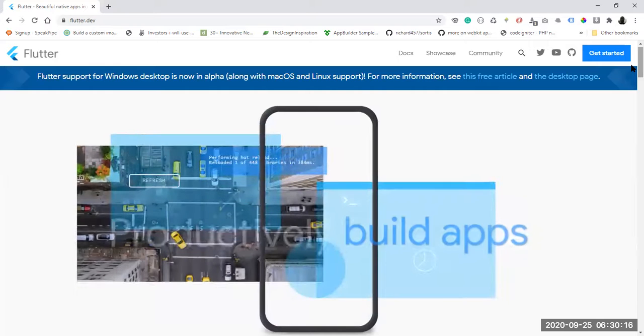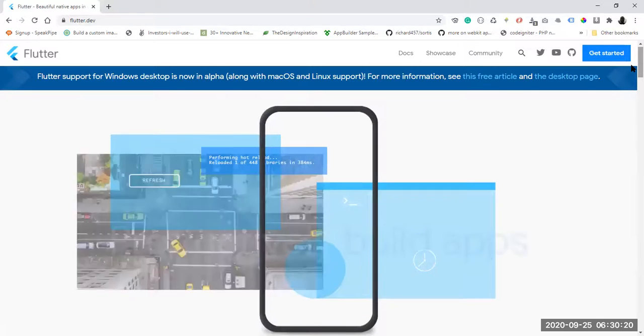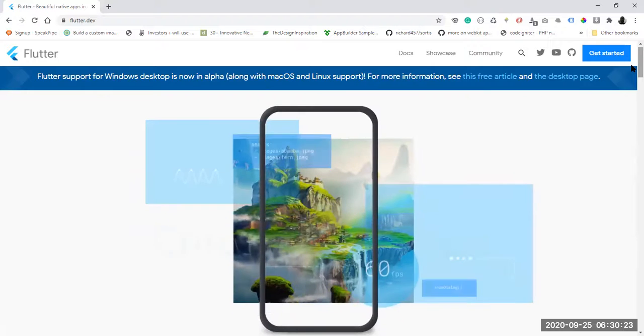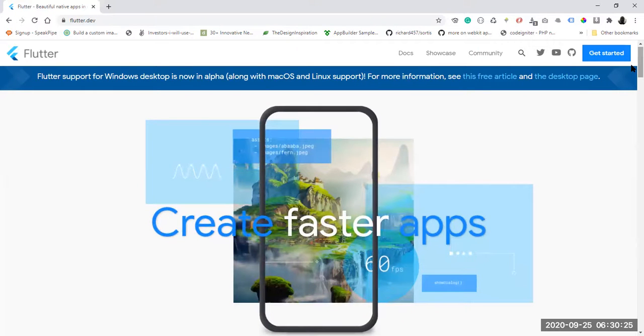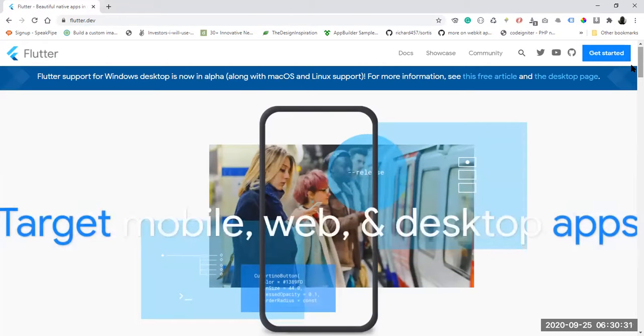In 90% of all startups really don't have a lot of cash to burn, and you don't have a team to manage your mobile application, I mean, an Android team and an iOS team.